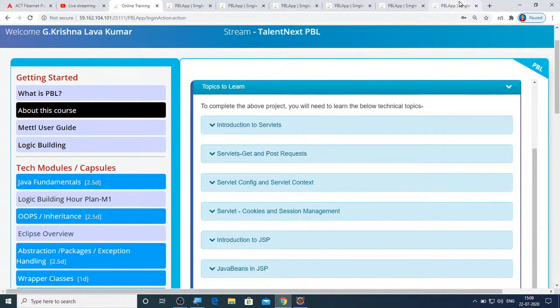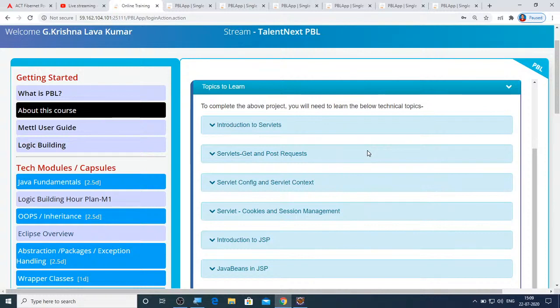Now, before beginning the execution part of these servlets and JSPs, let me just tell you why we are learning these particular servlets and JSPs. We have started learning the technologies for performing web development, and as part of that, so far we have covered HTML, CSS, and JavaScript. And why are we still continuing to learn servlets, JSPs, and other things also?